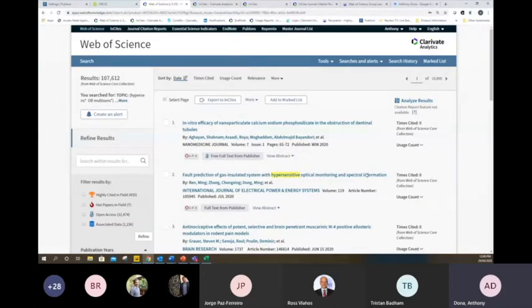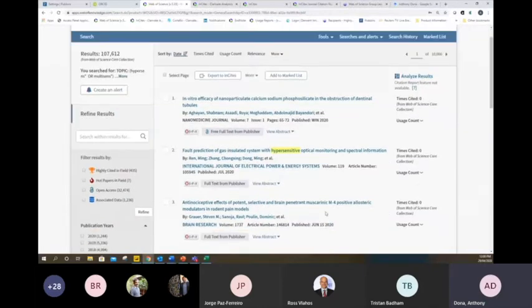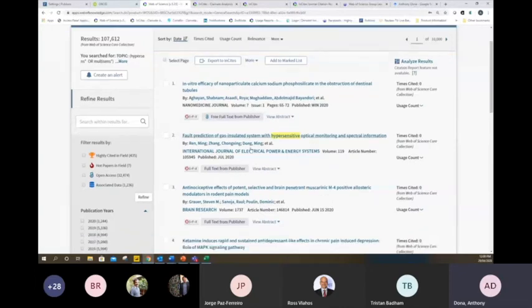Mutually exclusive of one another. So this is pulling out any publication, running a topic search which has hypersense or multisense somewhere in the title, abstract, or keywords of a publication. If I was to use an AND operator there, it would look for both those terms appearing somewhere in the title and abstract. You can make those topic searches as complicated as you like to really drill into the area of research that you might be interested in.